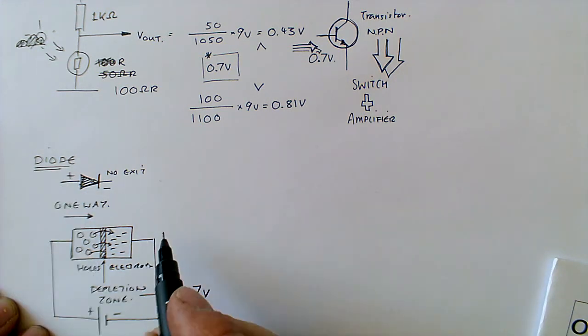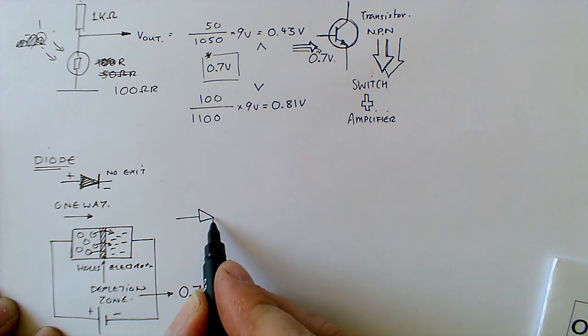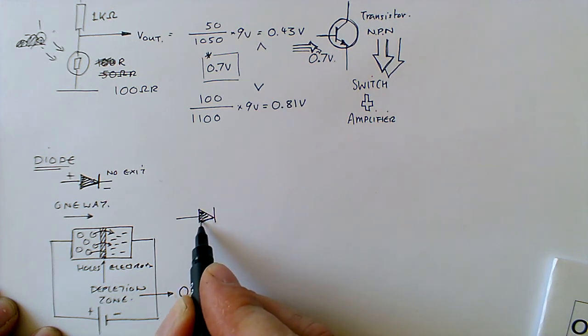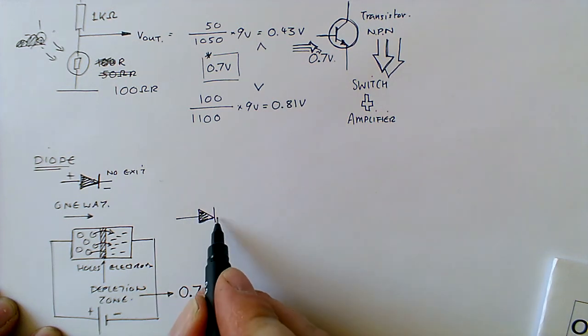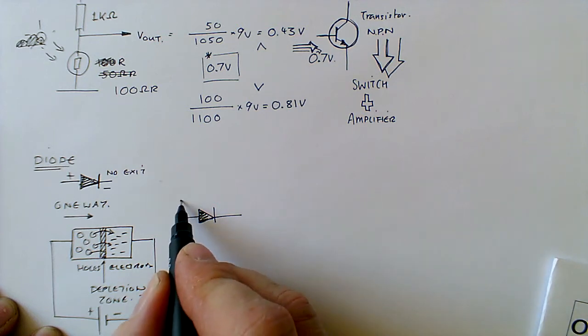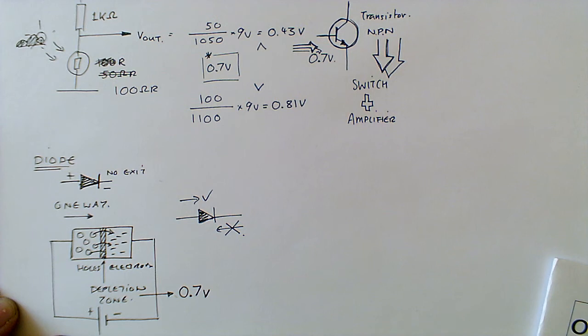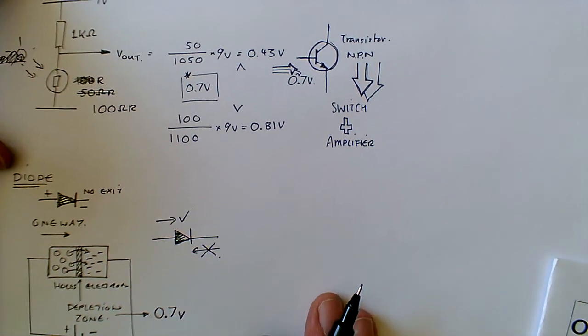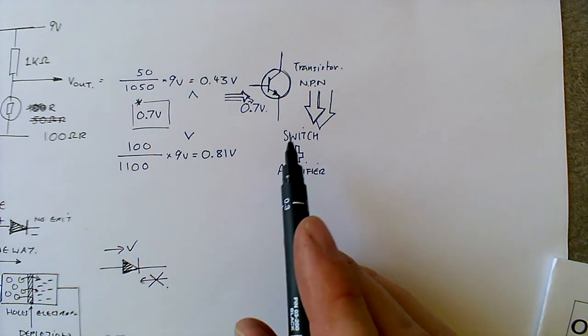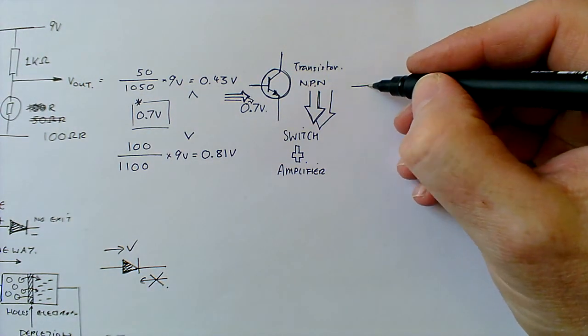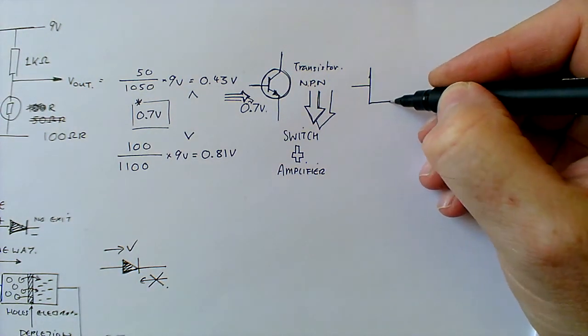Now a diode is useful because we'll look at how a diode works here with regards to working with current. Basically it's very useful in a circuit because it allows you to say, I can let electricity flow in this direction but not that way, so that way is okay, but that way is not okay. And that can be really, really useful. But the key thing of understanding semiconductors and diodes is that they have this threshold value, if you will, 0.7 volts. And the reason that's important for transistors is a transistor is actually